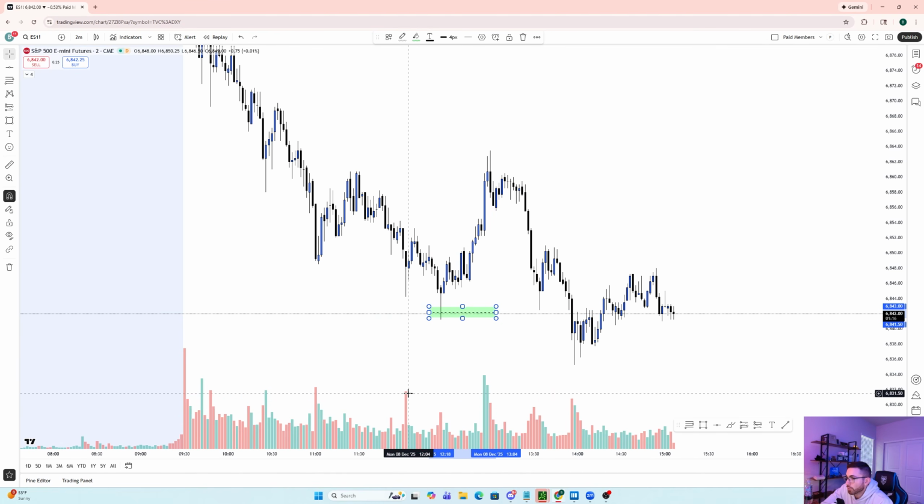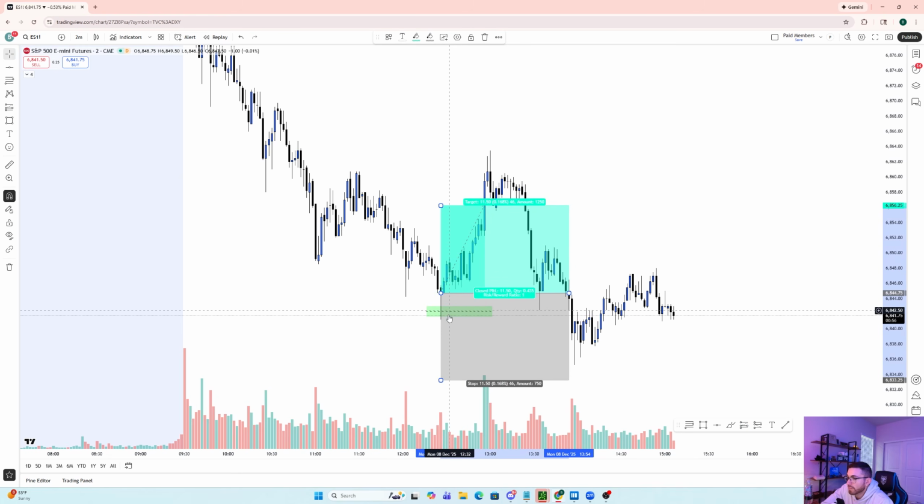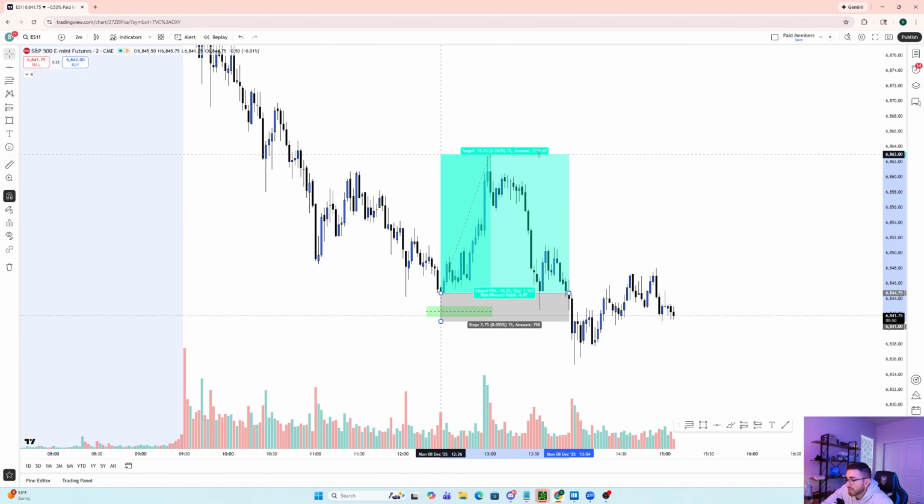Obviously, the higher the volume, the better, because it's going to show you that buyers are present. But if we go down into a demand, we see a volume spike and a long lower wick or any other bullish price action, that is your confirmation to go long. So if this was a real scenario, at that 2-minute candle close, that's when you would have gone long. Your stop loss is always on the opposite side of the confirmation candle, and you could have potentially caught this